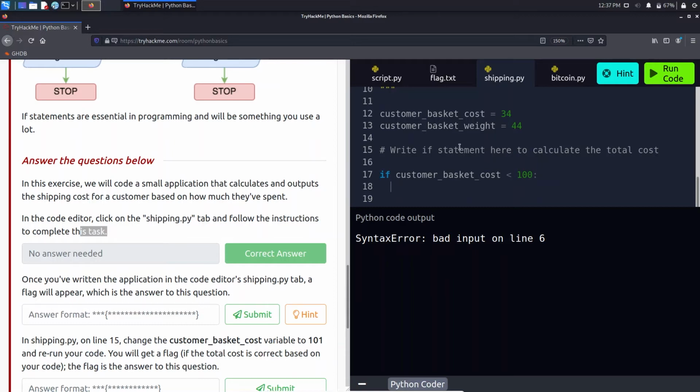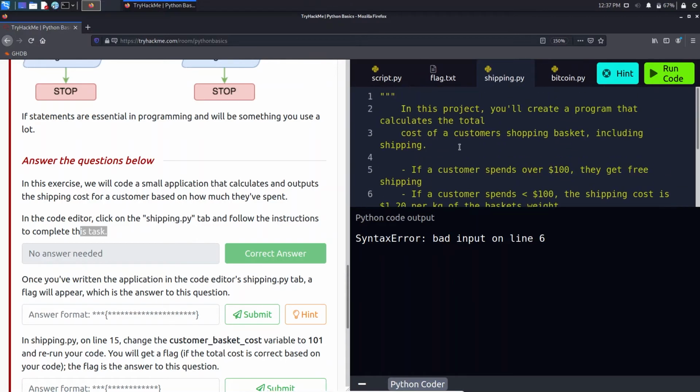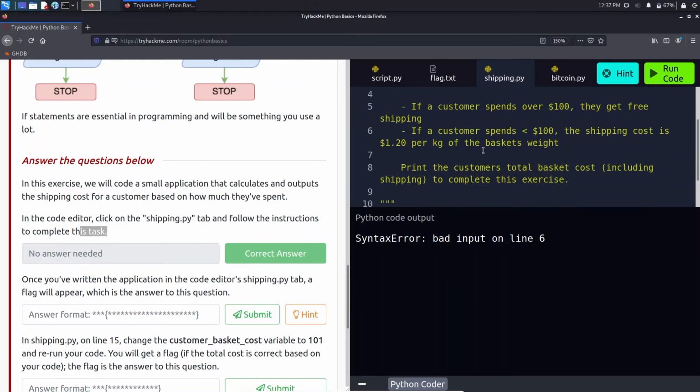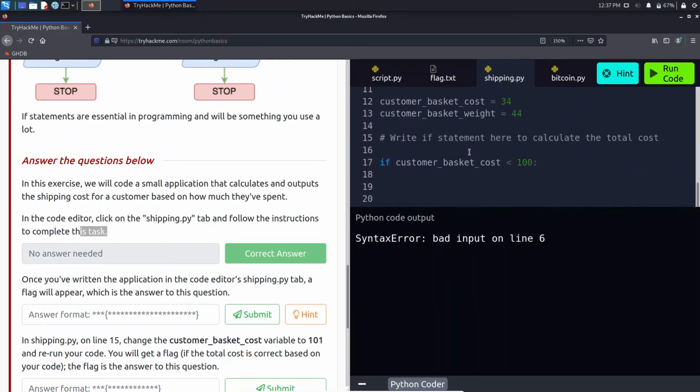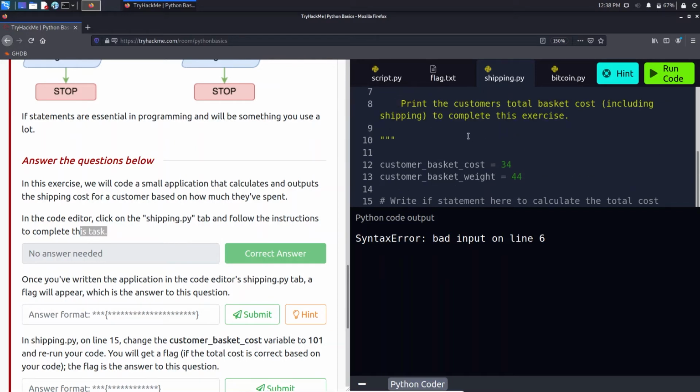And so they have to pay per kg of the basket weight 1.20 per kg. So customer basket cost is less than 100, so we'll define a variable here as customer total basket cost as 0 right now.